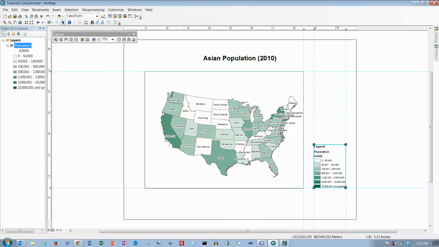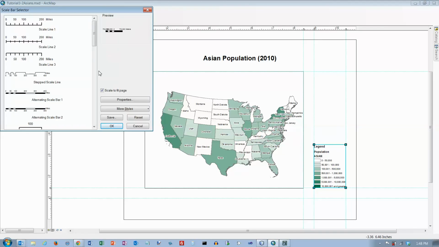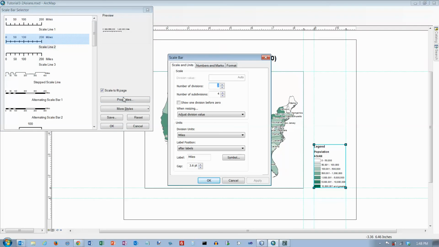Okay, we want to insert a scale bar. Click the vertical ruler at the 1-inch mark right here, and we want to get a horizontal guide there, and now we want to insert a scale bar. Go up here, insert scale bar, and click scale line 2, which is this one, and then click on properties, and then select miles for the division units, which is already selected,